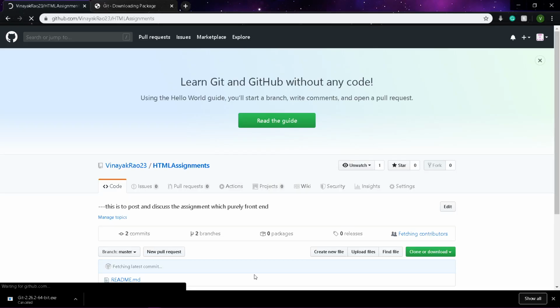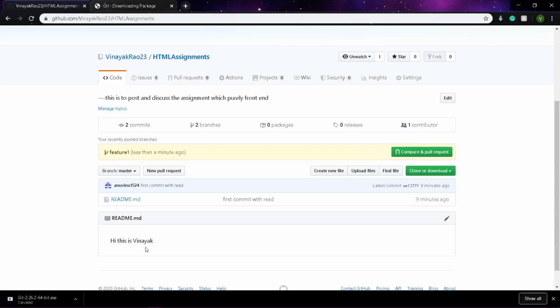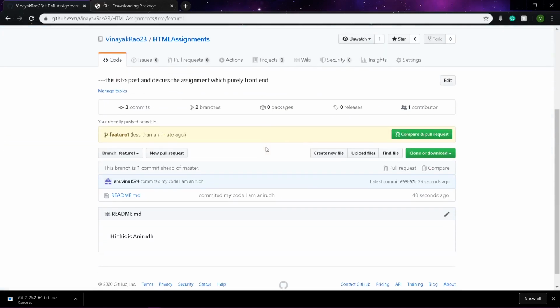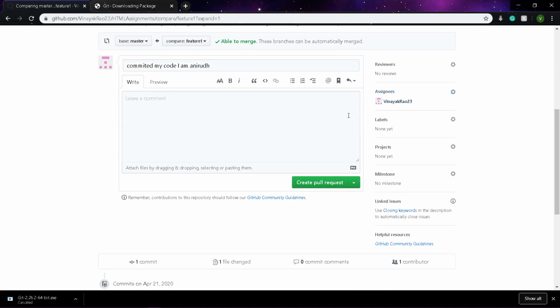If you check here, I still have Vinayak here, but someone has created this branch, created by Anirudh. So Anirudh will just create a pull request. After committing the code he creates a pull request, and I'll make myself the assignee.